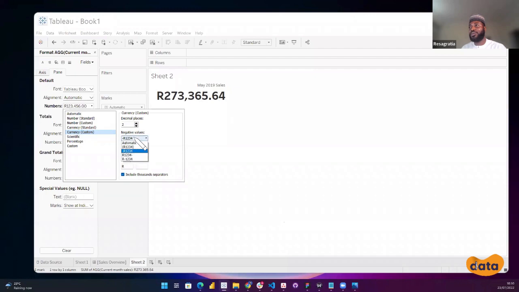And then I will look for, you know what, I meant to actually look for Naira. How do you get Naira here again? I think you can click on,